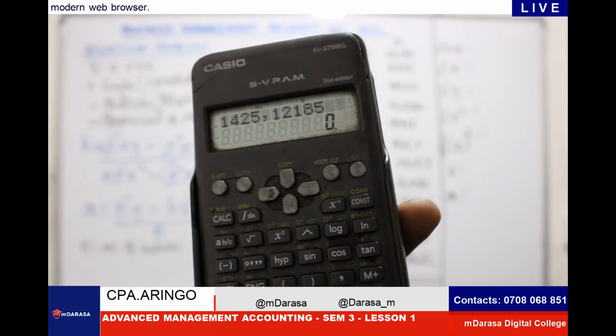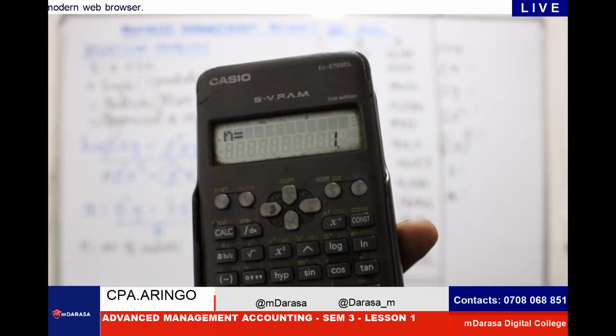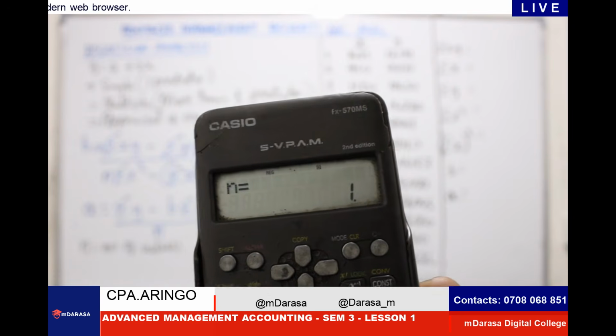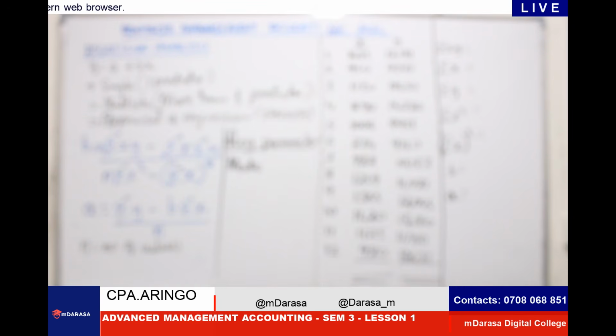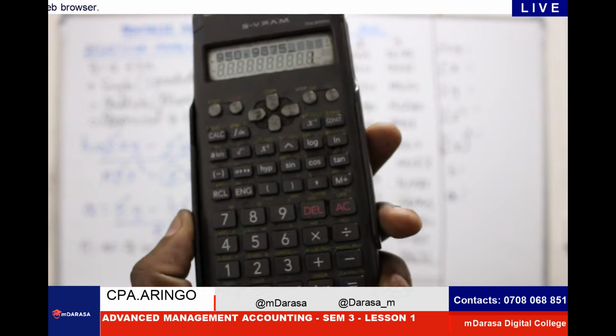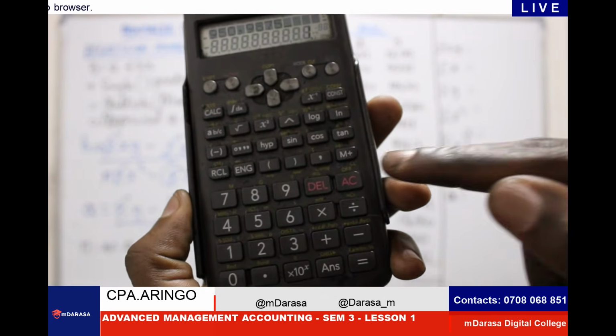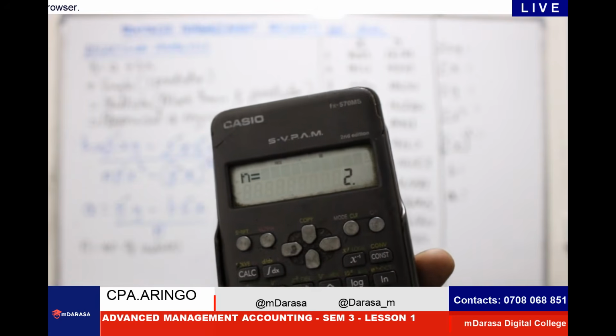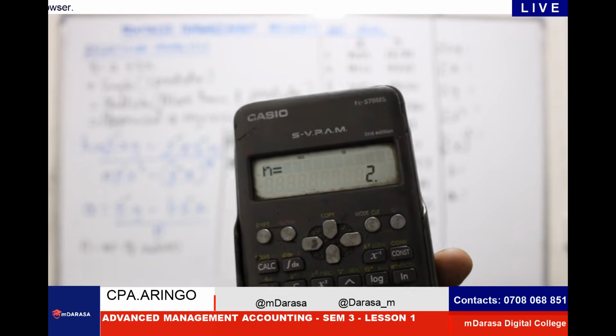So I click M plus. You see it will show n is equal to 1. I proceed to number 2. I do 950, comma, 9875. Again, I press M plus. Once I do M plus, it will tell us that n is equal to 2.